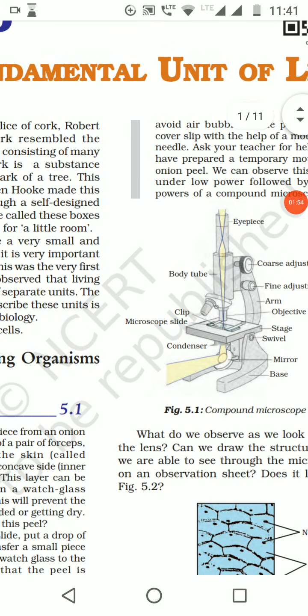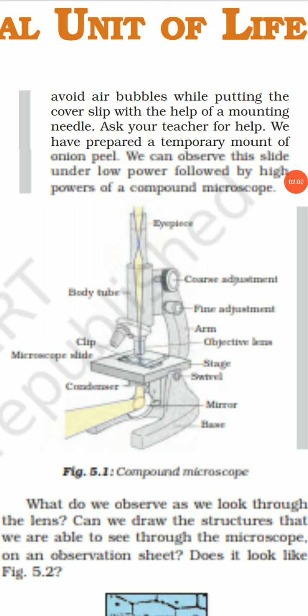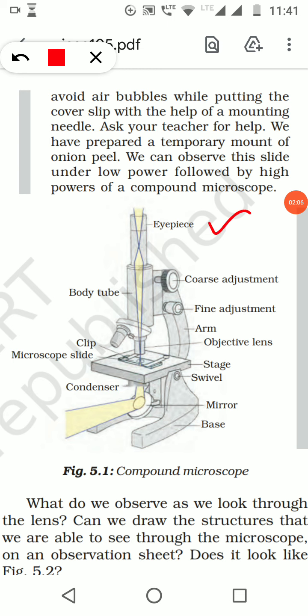Now let us see what a microscope looks like. So this is a microscope, you see. We have an eyepiece. From here we view directly down, and here is where we have placed the sample. This is the clip and here we have the slide. The light, for it to be very focused at one point, there is a condenser that will converge the light rays. And then this is the body tube.